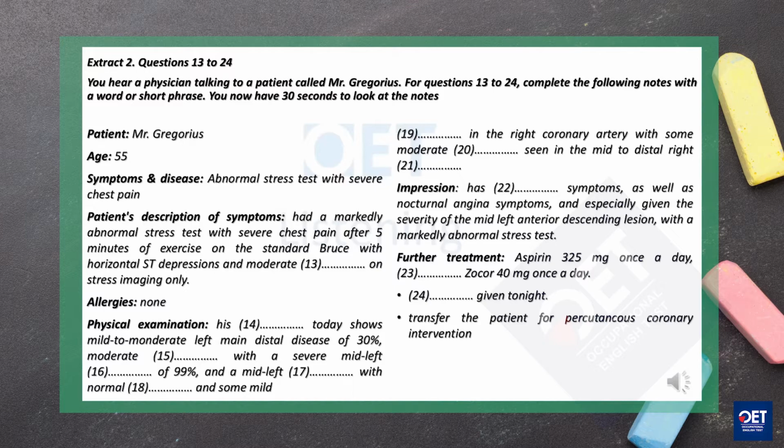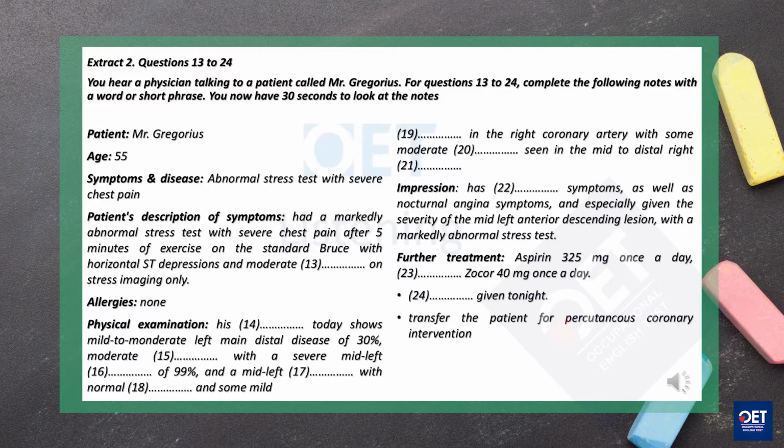Hello, doctor. Yes, come in. What's your problem? Well, he is my husband, and he had a markedly abnormal stress test with severe chest pain after 5 minutes of exercise on the standard Bruce with horizontal ST depressions and moderate apical ischemia on stress imaging only. What's his name? He is Mr. Gregorius. What is his age? 55, doctor. Well, his cardiac catheterization today shows mild to moderate left main distal disease of 30%, moderate proximal left